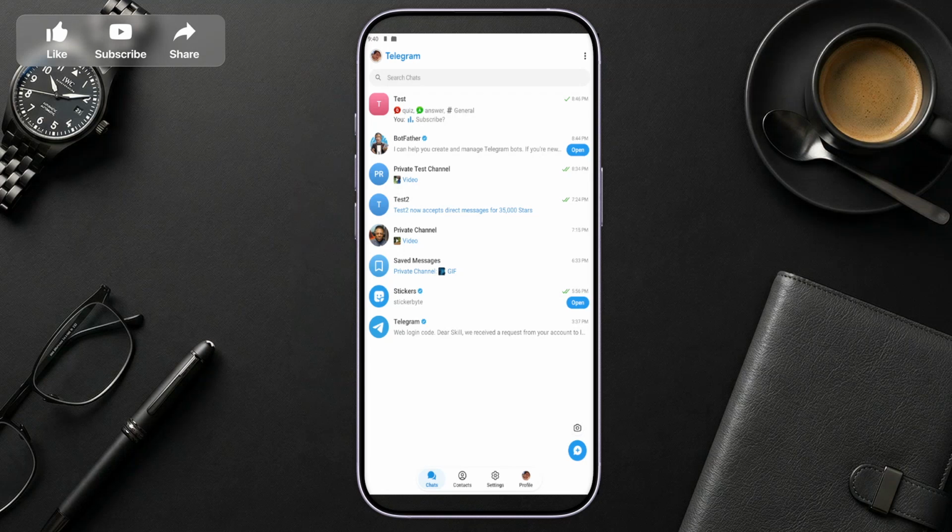In today's video, I'm going to teach you how to make someone owner of a Telegram channel. Before we begin, there are two important things to keep in mind. First, only the current owner of the Telegram channel can transfer ownership to someone else. Second, you must have two-step verification enabled on your Telegram account because Telegram requires that extra layer of security before